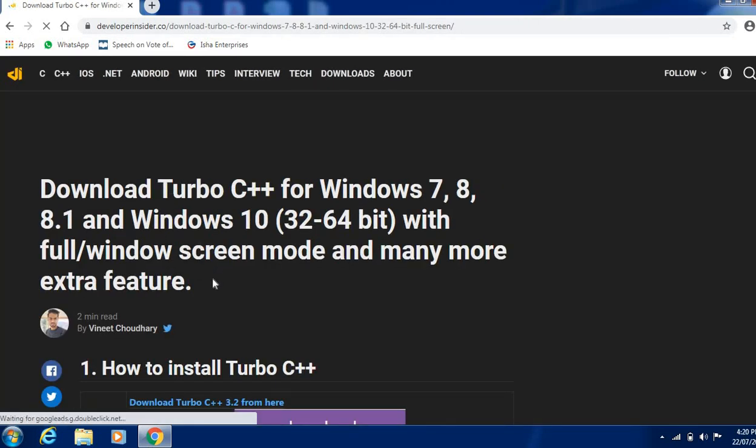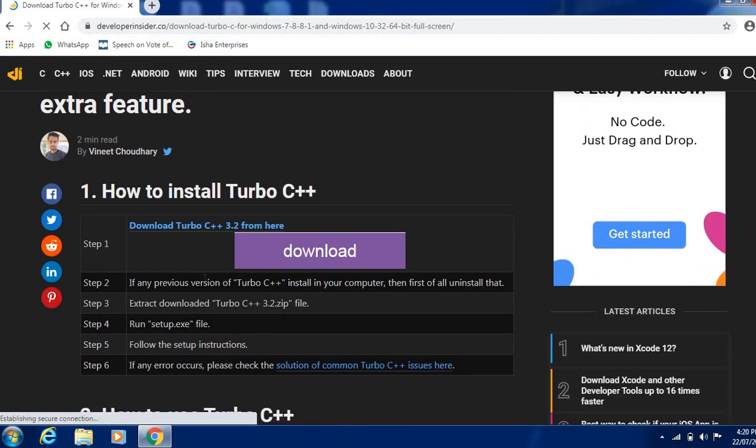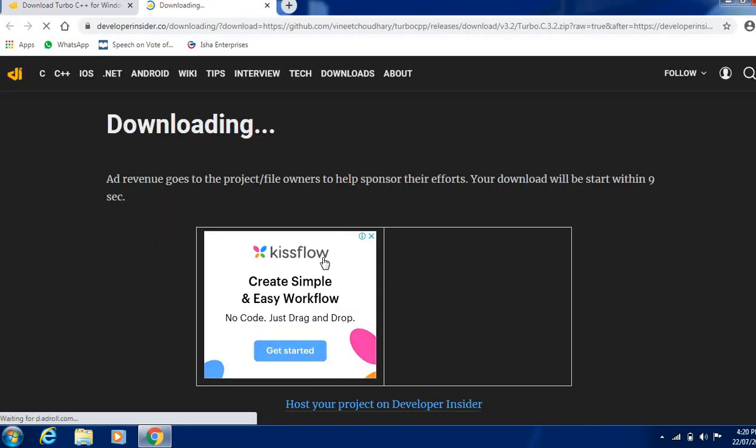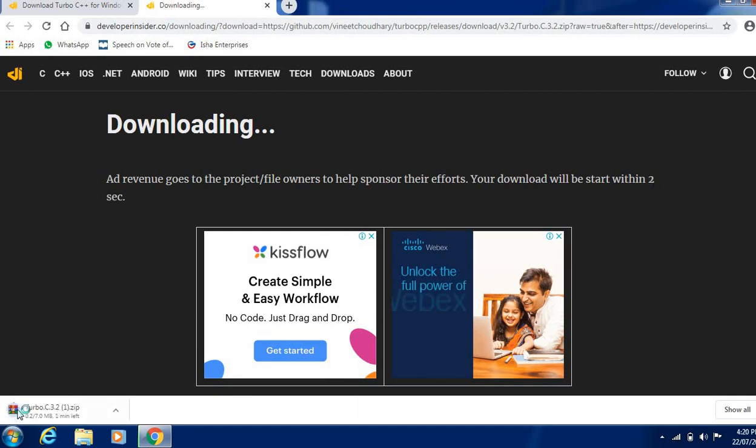Then they give various instructions for executing Turbo C++. Just click on the download button. After clicking, it will start downloading. See here, Turbo C 3.2, this file is downloaded.